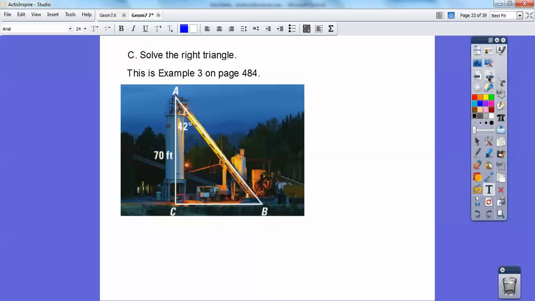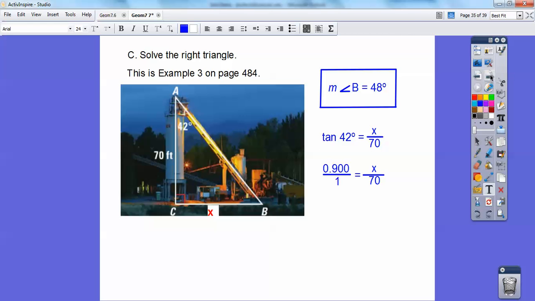First of all, the easy one to do is angle B. The angles of a triangle add to 180. If that's 42 and that's 90, this has to be 48 to make 180. That's the easy part. And then I did the tangent ratio of 42. Tangent of 42 is x over 70. Then I cross multiply, and I get